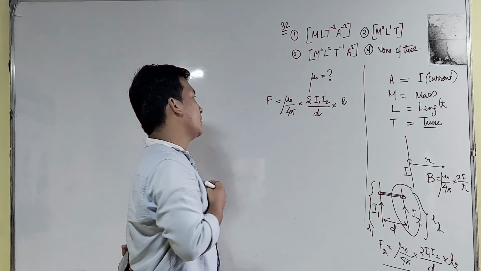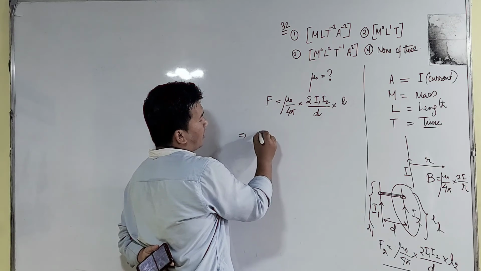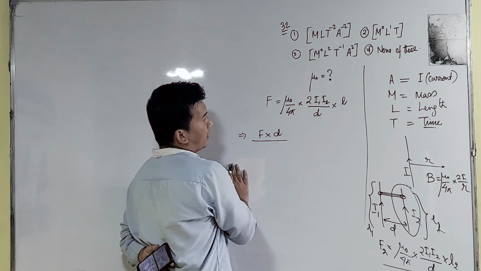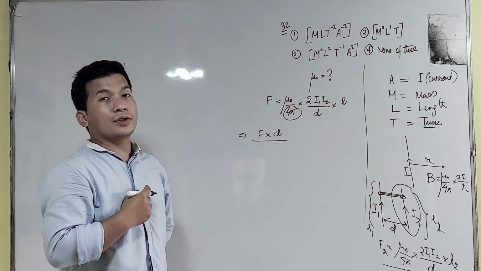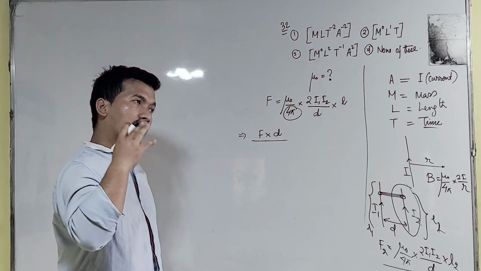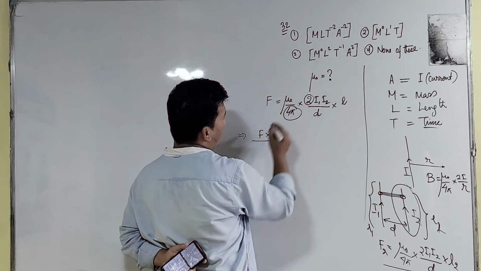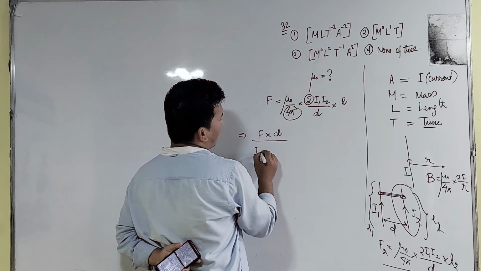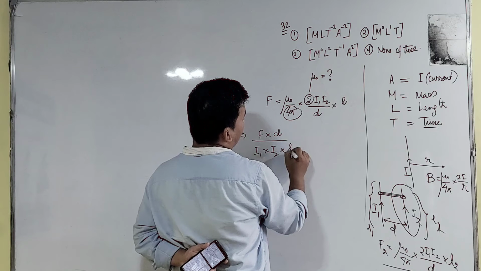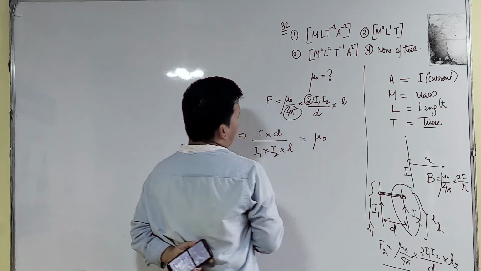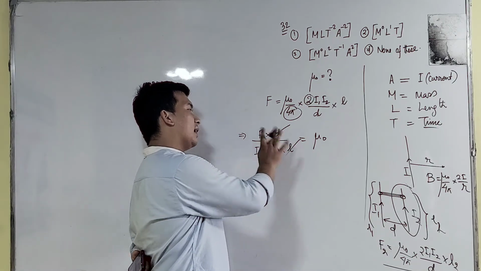The formula is F into d divided by 4 pi. Are we going to use this 4 pi? These are constants, so constants do not have any physical quantity, so we can simply ignore them. And this we can put like this: current I1 into current I2 into L, and this will be equal to mu naught. And this is d, and this is L, which get cancelled out.